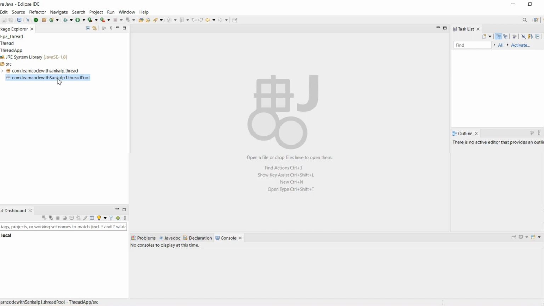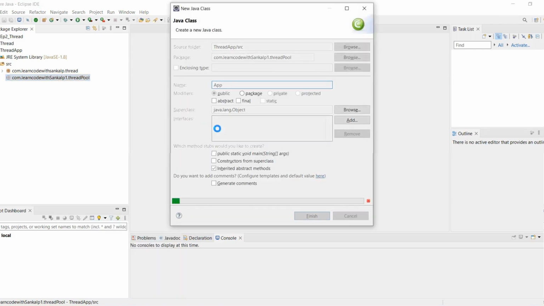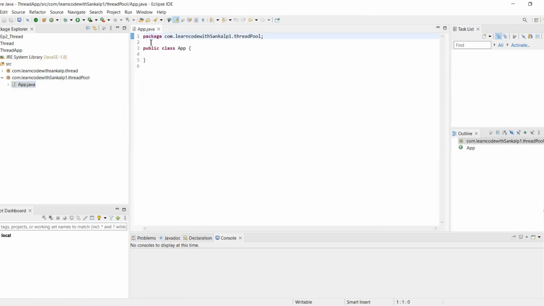Inside that package, we create one class, our App class. Inside the App class, we have one main method.